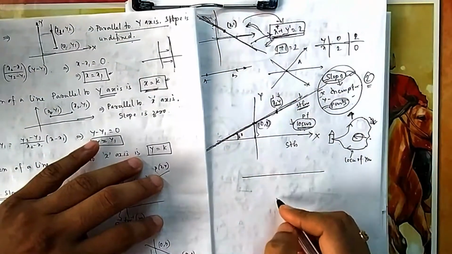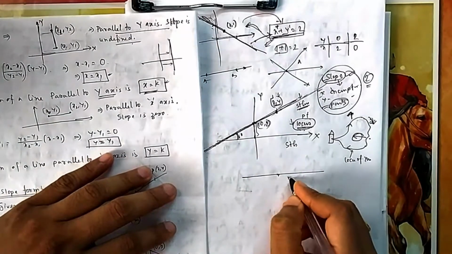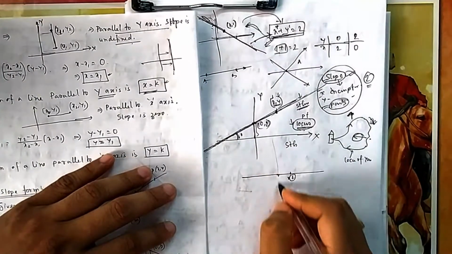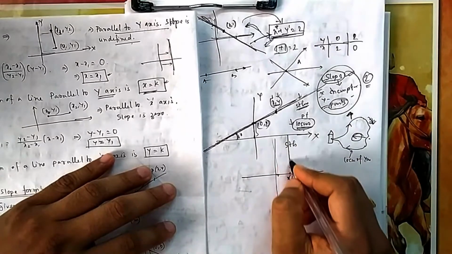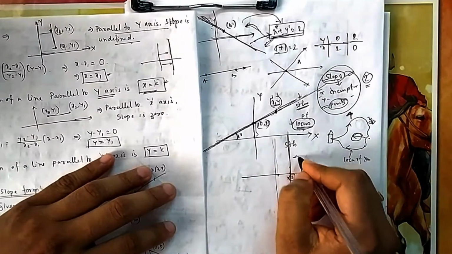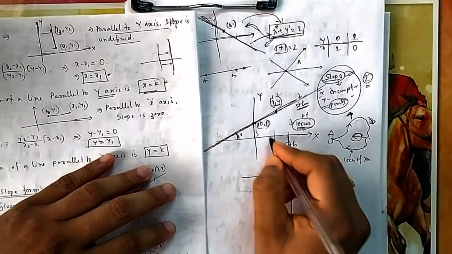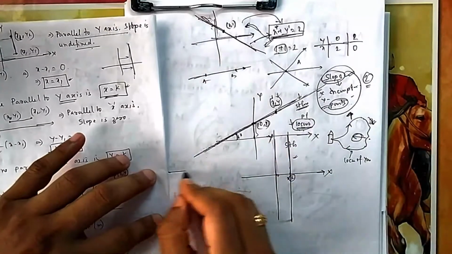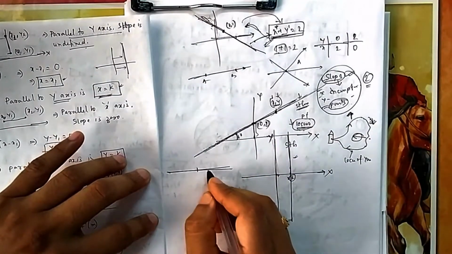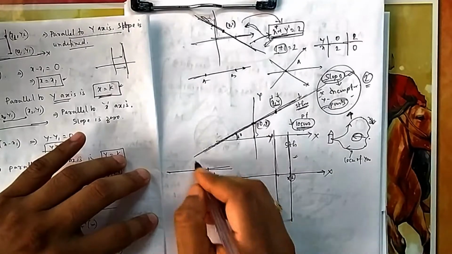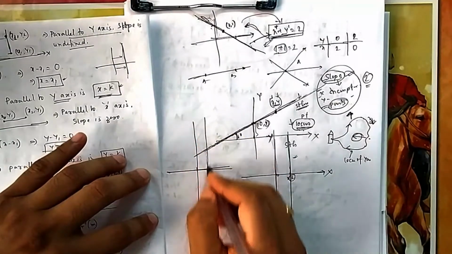You don't have 2D. You have only this number. X equal to 2 meant this point. But because you have this line also, x equal to 2 means you can now move along the entire line. So this becomes your line, because you have 2 axes now. In class 7-8 you had only one axis, that is your number line. So x equal to 2 meant this point, but now you have both axes.